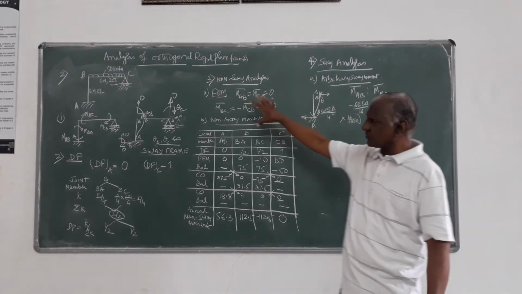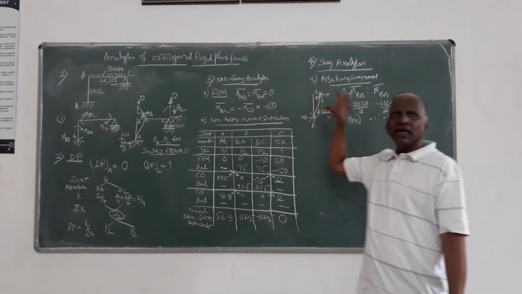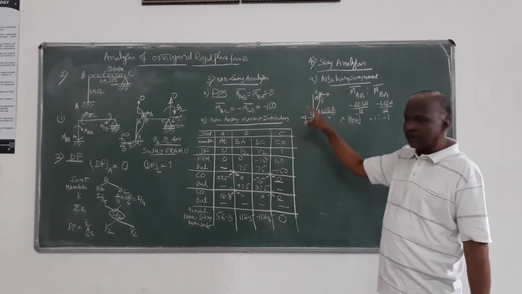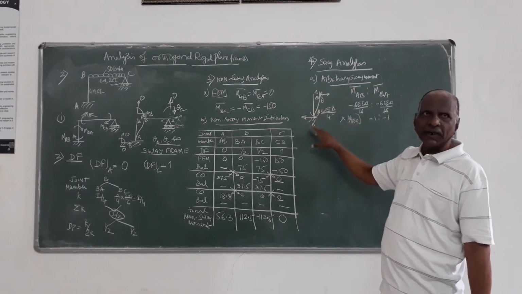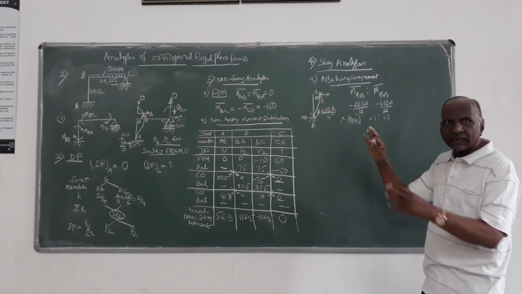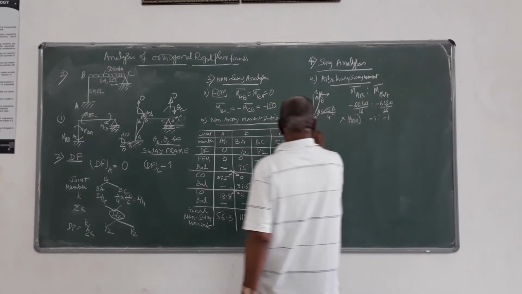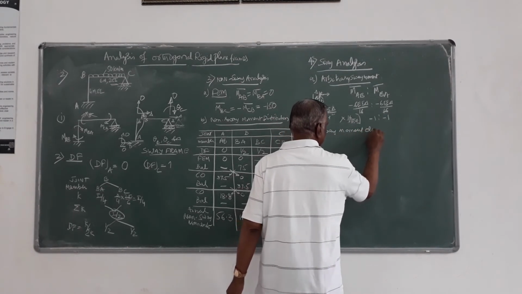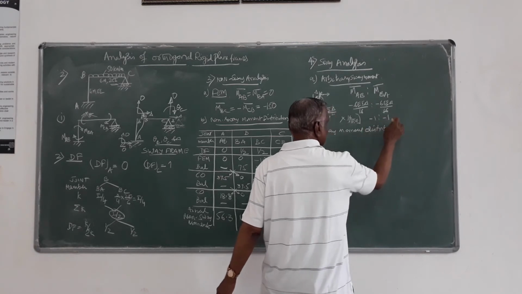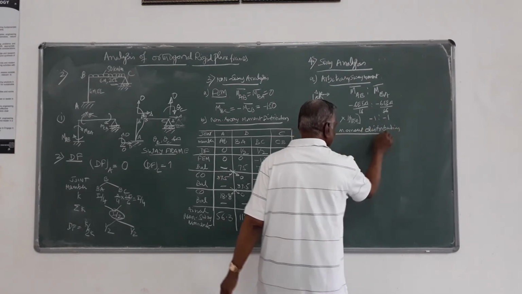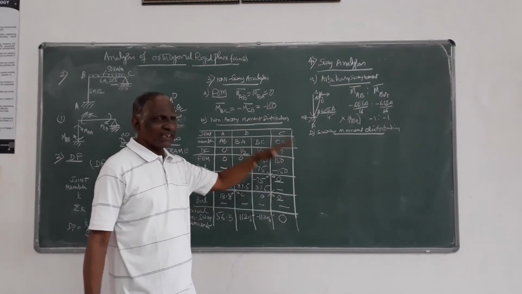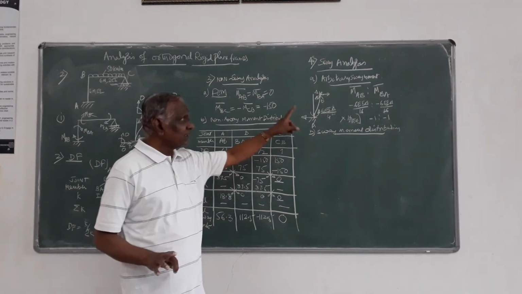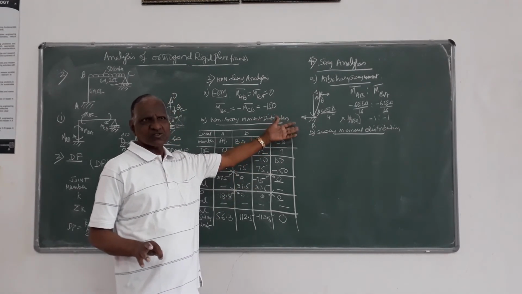Here in non-sway analysis, we will take fixed end moment. Here you have to take the members which are undergoing sway and you mark the direction of sway, find the fixed end moment due to sway. That you take as the relative value. Then you carry out moment distribution. Sway moment distribution, in the same fashion for this sway moment, you carry out the moment distribution work. This is the extra work which we are doing for a sway frame. Nothing other than that. So only this you have to be careful about, sway moments.